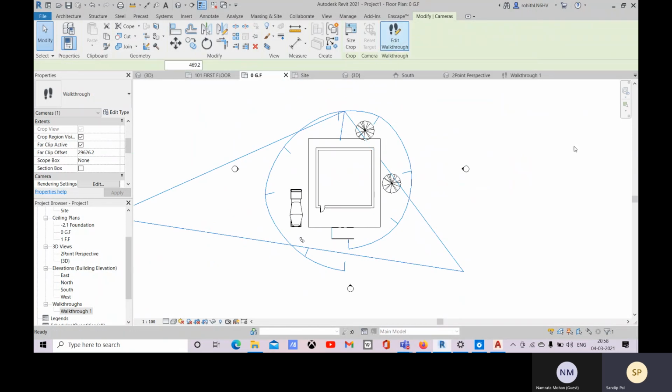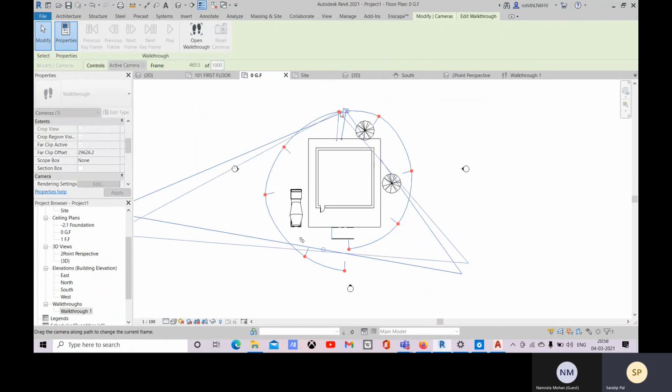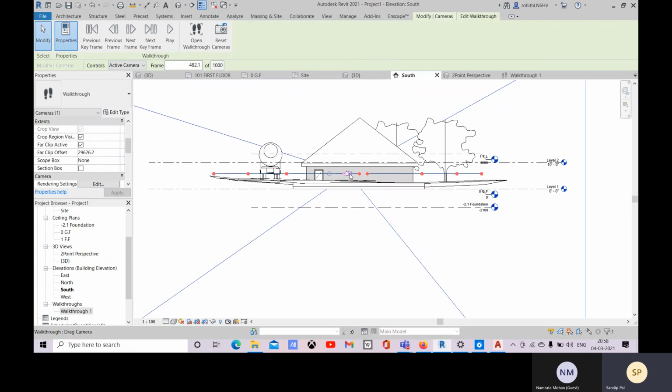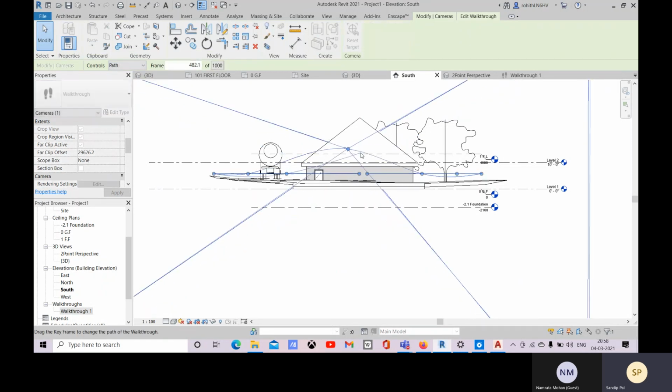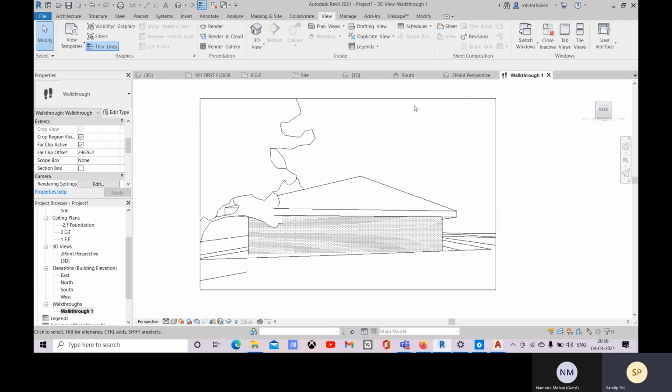I will come to this edit walkthrough and select this one. Then come to this south. Also, this is the active camera position. You have to change the path. Come to this path, and if you want to change the positions, select it.